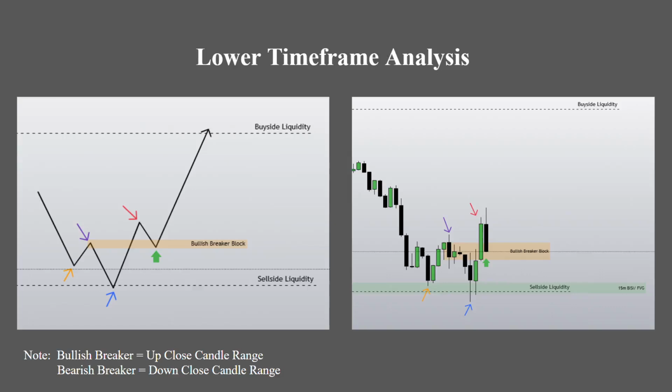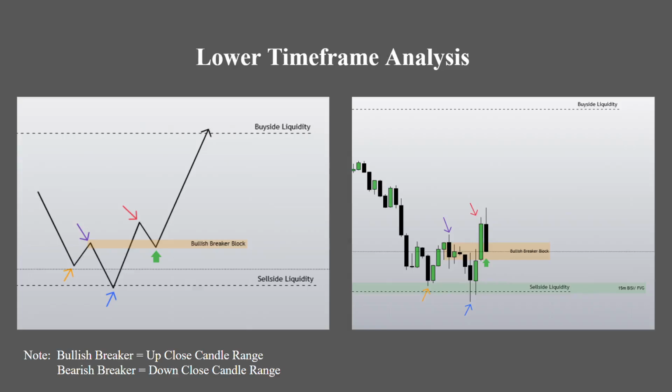You get on the orange arrow, swing low, purple arrow, a high, blue arrow, lower low. It reverses after sweeping liquidity, rejecting that higher time frame bullish fair value gap, breaks through the initial high, retests that initial high, and that is your entry, targeting higher opposing liquidity and imbalances. One thing you must note,